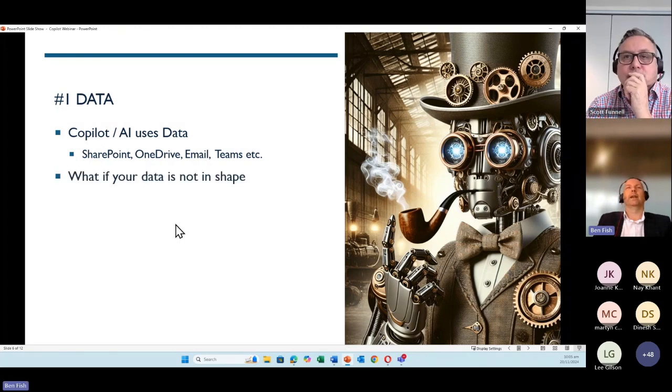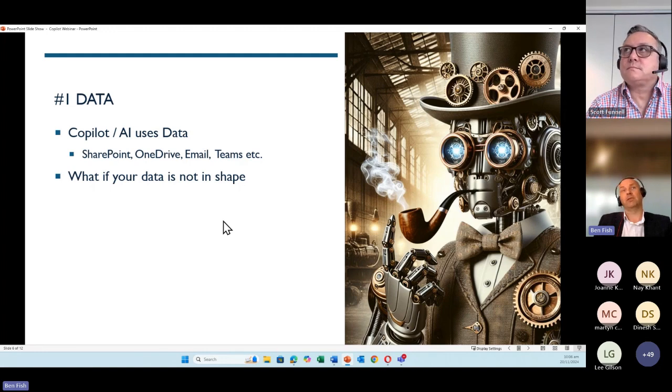But what if your data is not actually in shape? We tend to hang on to old stuff that we don't need. Policies get updated. Sometimes the old policies are still left. They're stored somewhere. So all of that information potentially causes a problem when we come to use generative AI, because